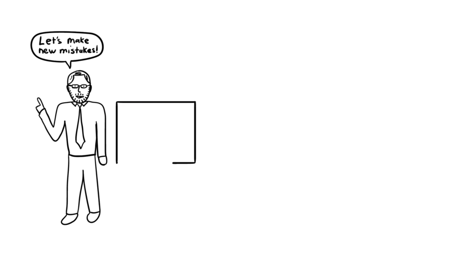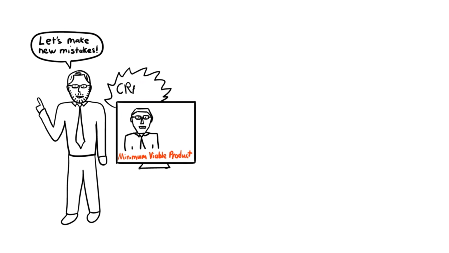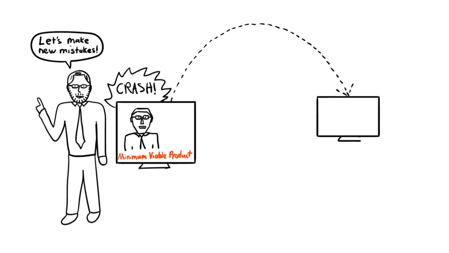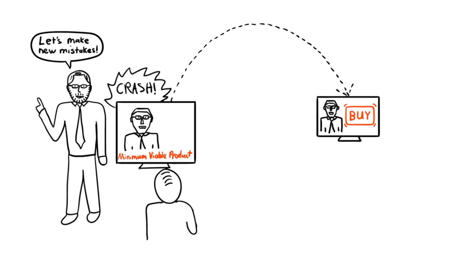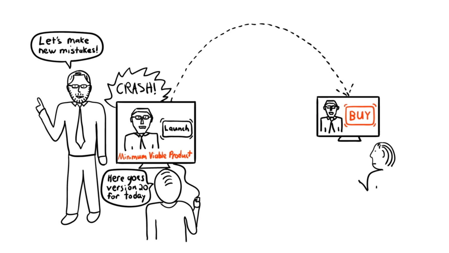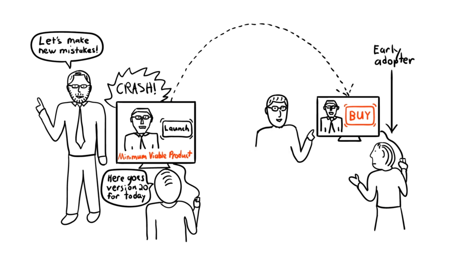We do everything wrong. Instead of spending years perfecting our technology, we build a minimum viable product, an early product that is terrible, full of bugs. Then we ship it to customers way before it's ready, and we charge money for it. We change the product constantly, much too fast by traditional standards, shipping new versions of our product dozens of times every single day.